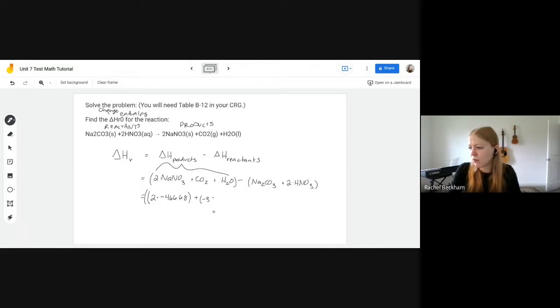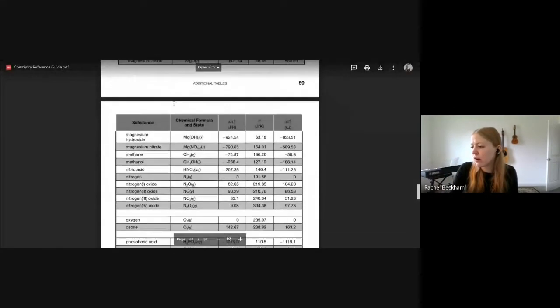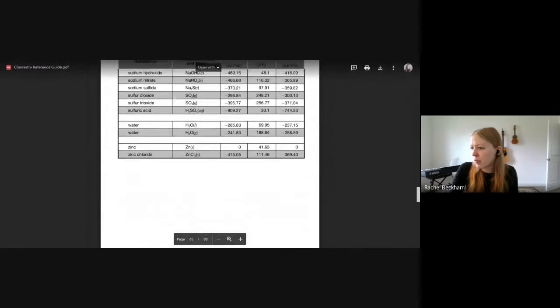Negative 393.5. So I'm saying plus negative 393.5. That's the same thing as really saying minus 393.5. So plus negative 393.5 is the same as saying minus 393.5. You can write that whatever way you want, but I just want to be really careful when I'm writing it. Last one is water here. So the W's, negative